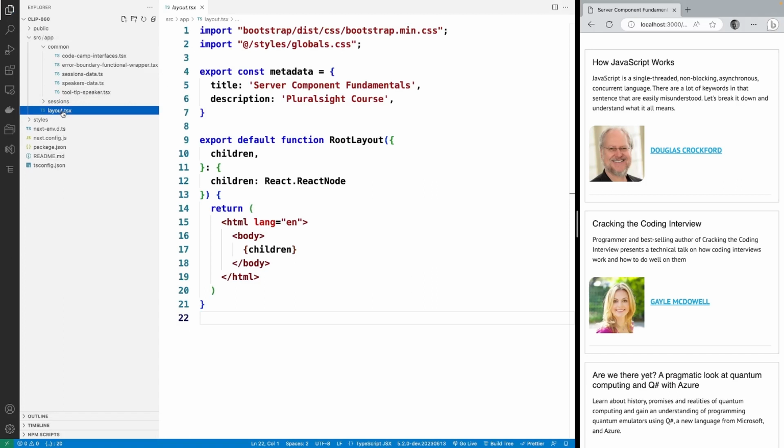As I mentioned earlier in the course, all Next.js apps that use the app router default conventions have a layout component, layout.tsx in our case, at the root app level. By default, it does almost nothing besides providing a body tag and optionally a place to put metadata, like for example, the header title and the header description. We're here in that file now. Since we want to add a top-level navigation to our app, that is tabs between a new home page, a new speakers page, and our existing sessions page,